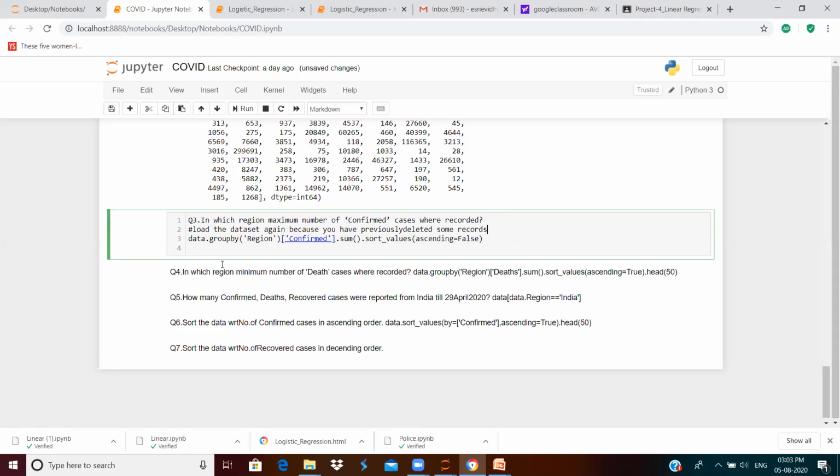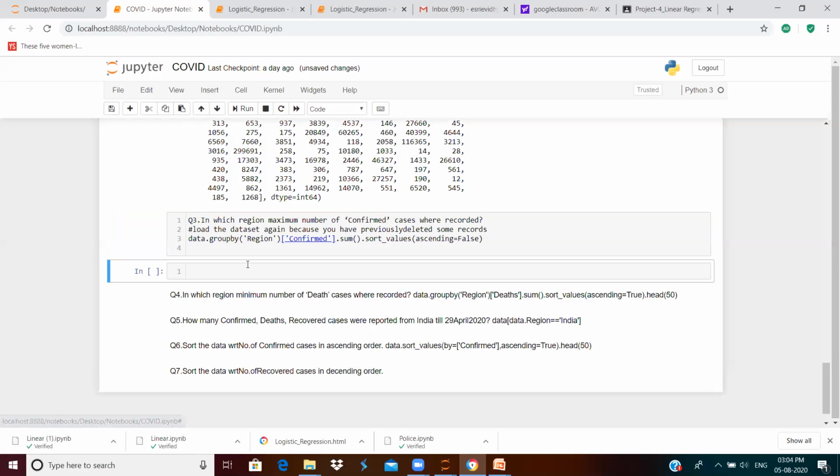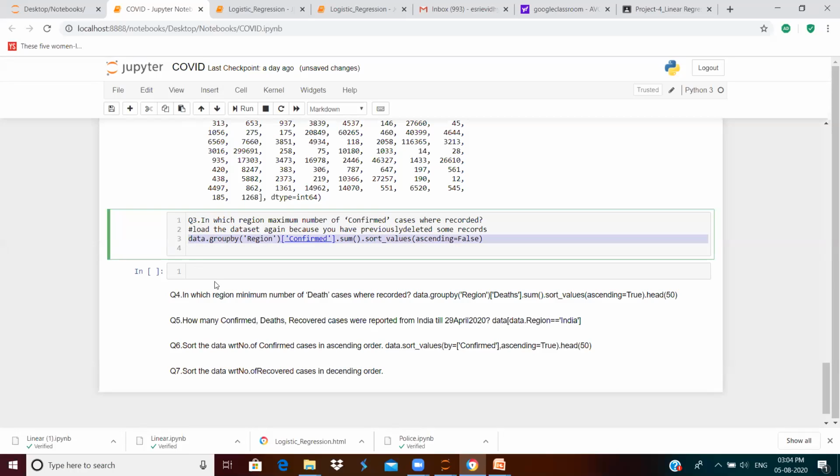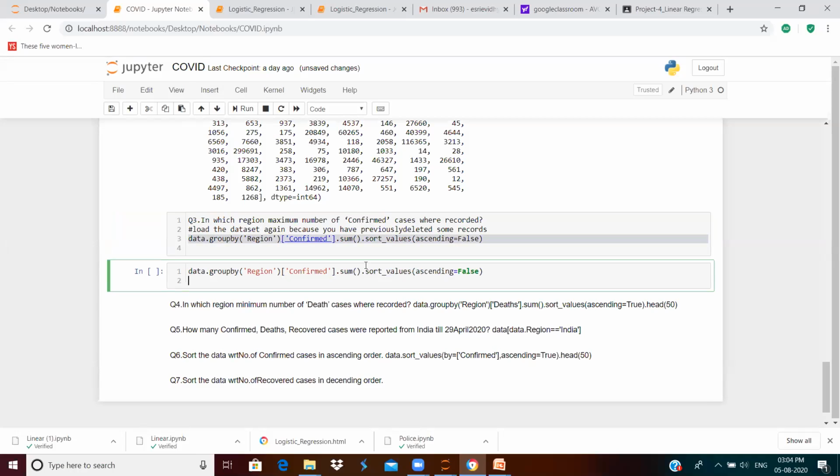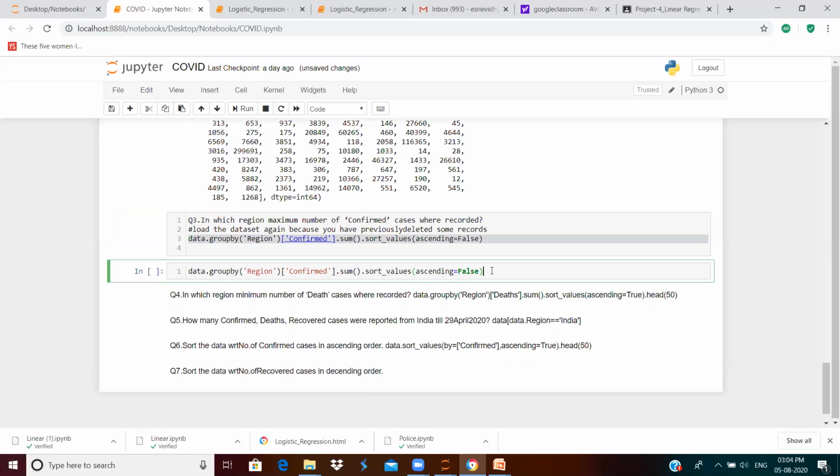So now we have to find out in which region the maximum number of confirmed cases were identified. This is similar to the thing which we have already worked out. Here we have applied the group by operation.